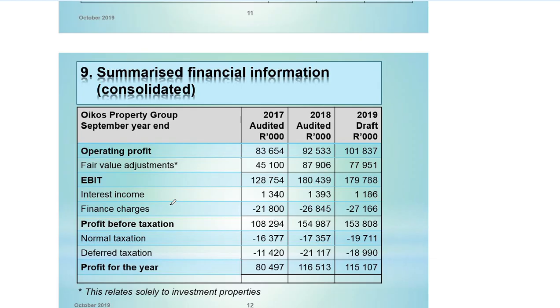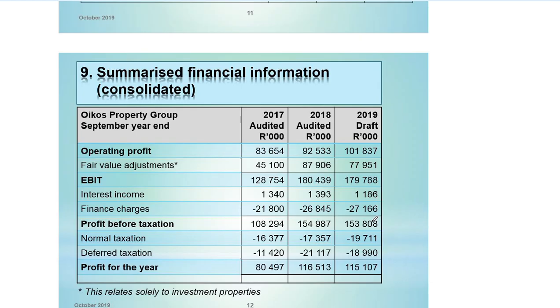So you are not happy to see the funding charges increasing each year, because what does the funding charge increase mean to you? It means that the interest rate that we are billed has gone up, or the balance that we have has gone up. And then you wouldn't like to see the company having more debt as opposed to the income. So that raises a concern to you to say, no, no, no. Why are the finance charges going up while the interest income is going down? That is not something that might make the company happy. You'd like the company to be experiencing the opposite. So the kind of question that you will be looking at is like, oh, I'm not happy about what I see.